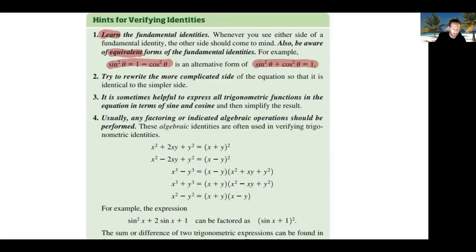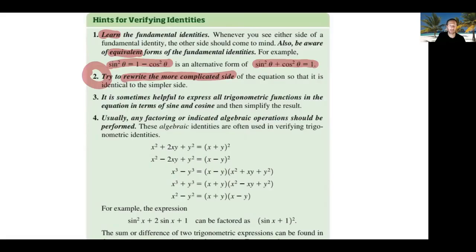The most important step, I think, in this whole thing is try to rewrite the most complicated looking side, right? Because then you can just treat it as a simplification process, just like we did in the previous section. So just take the uglier looking side of the equals equation and try to simplify it. And most often or not, it'll actually end up being what they wanted you to prove on the other side to verify, okay? But make sure that you keep in mind that other side